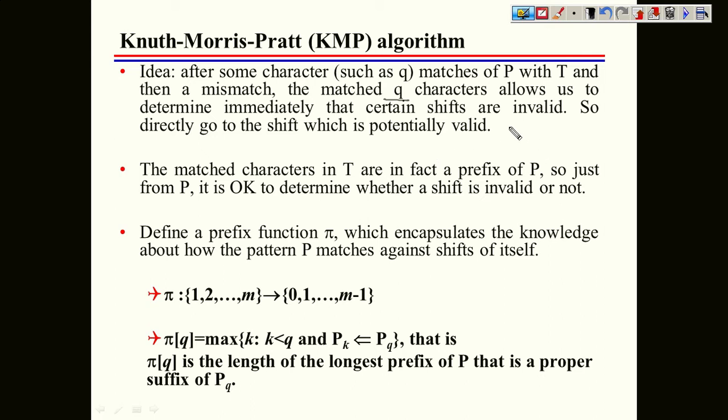What does it mean? It means if you are provided some text of some length, and then we have a pattern, and let's say this text is composed of these characters, and this is our pattern composed of again these characters. What we have seen so far is that, let's say these characters are matching, this is matching, and this is a mismatch. Once you find a mismatch, we say that this is an invalid shift, and in the next iteration we simply shift the pattern by one position,